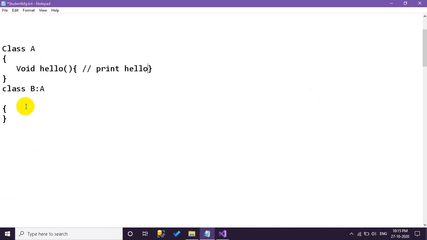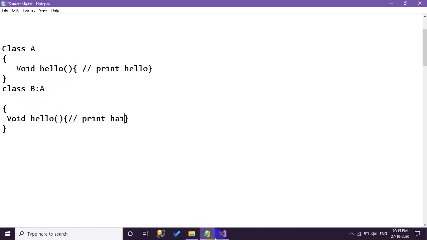What we can do is override this method. Just define a method with the same signature in class B, and you can override it according to your need. The same principle is applied here also.